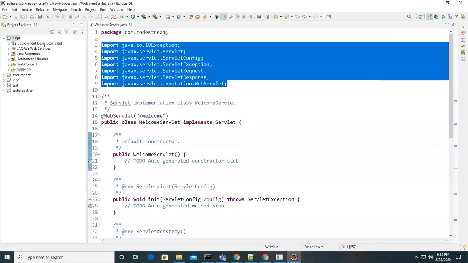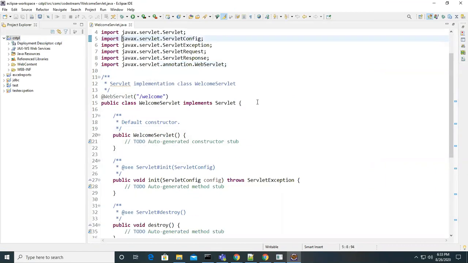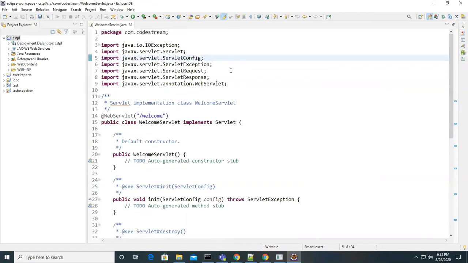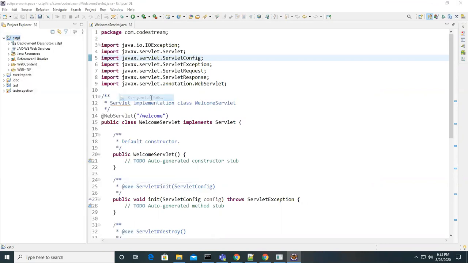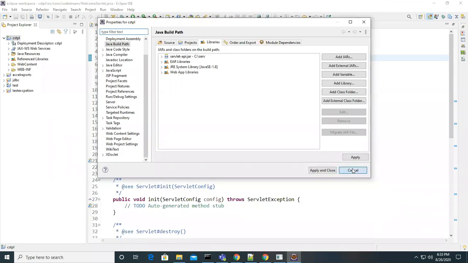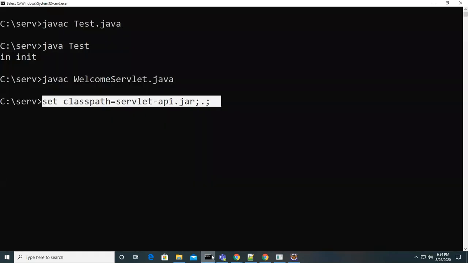Okay. Now the error is gone. Is compilation showing any error? No, sir. That means the compiler recognized these interfaces from that added library. So this is also simple. If you are using Eclipse, you can easily do that. If you are doing it manually, you have to type the commands and setting, and it takes time. Okay.